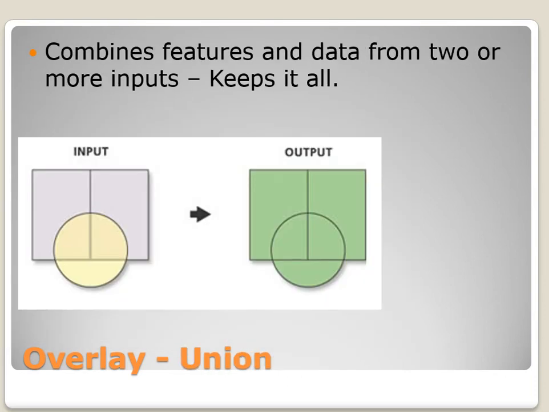A union keeps all the data. So let's say I have this polygon of vegetation that has one type of vegetation, and I have the two city lots that show ownership, and I do an overlay. I'm going to start out with 2, 3 polygons, and I'm going to end up with 1, 2, 3, 4, 5 separate polygons. In these 2 polygons here in the center where the data overlapped, I'm going to get the attributes of